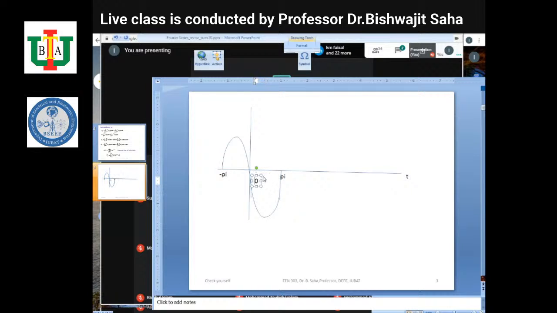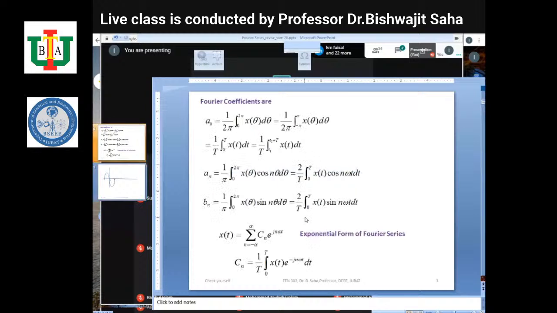Here will be 0, and there will be theta. Okay. So remember, this is not t, this is theta. So it's clear the first coefficient is A0. The second coefficient is AN, and that AN always